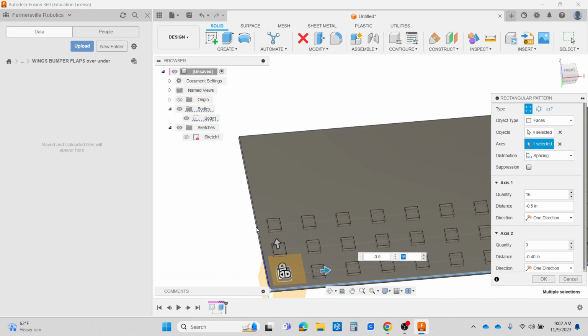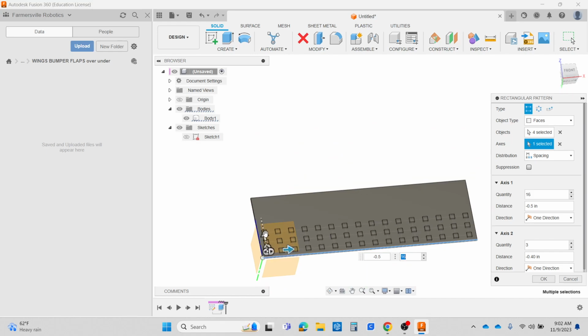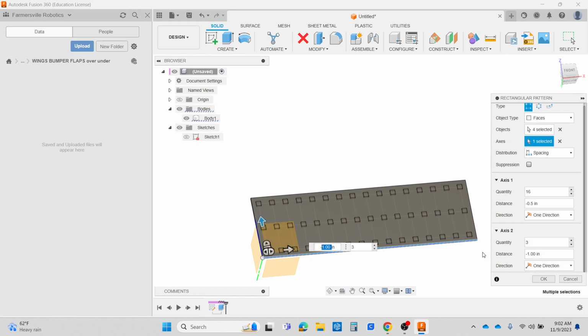actually measure the distance from here to here. That was just a really good guess. So if that's 16, and we do the same thing over here, that means we can go to a spacing of 0.5,